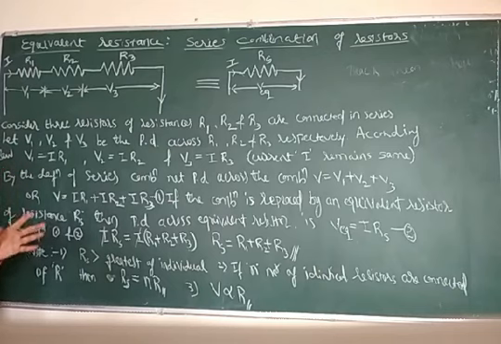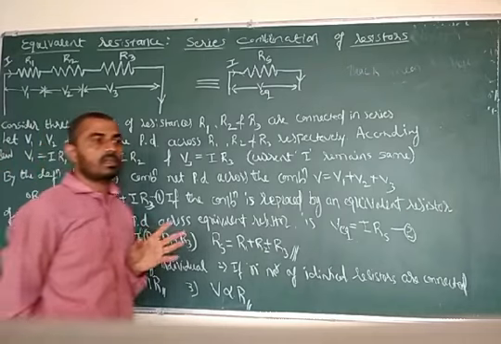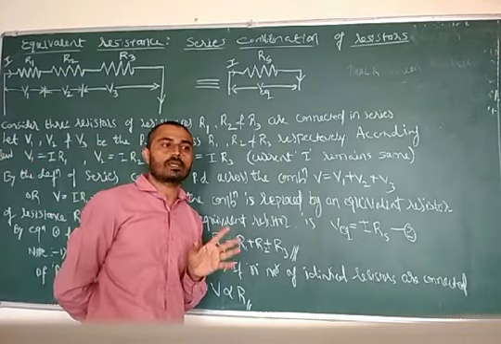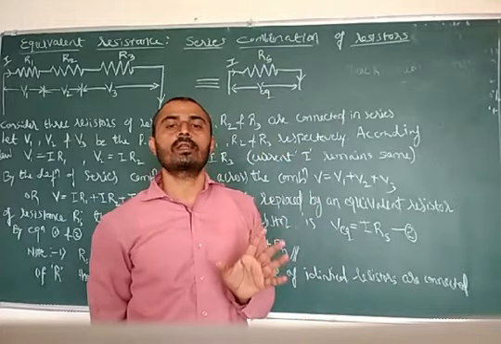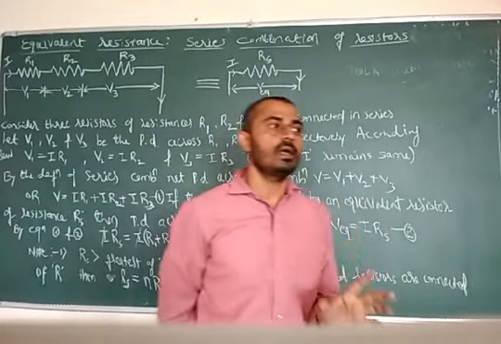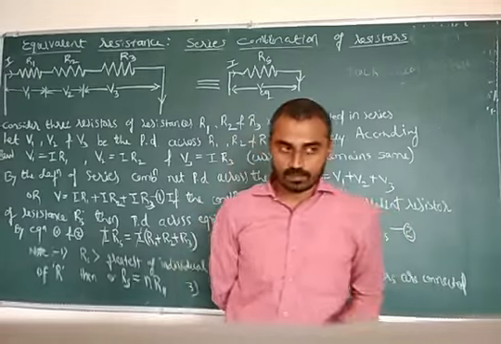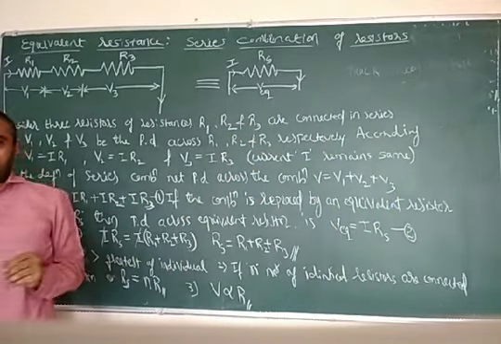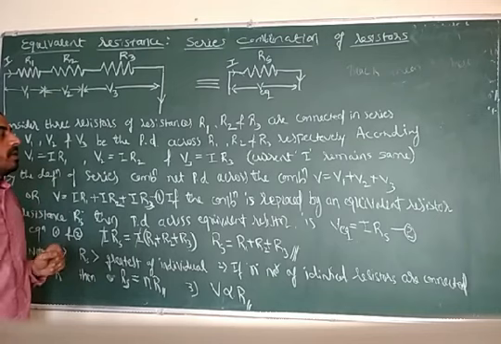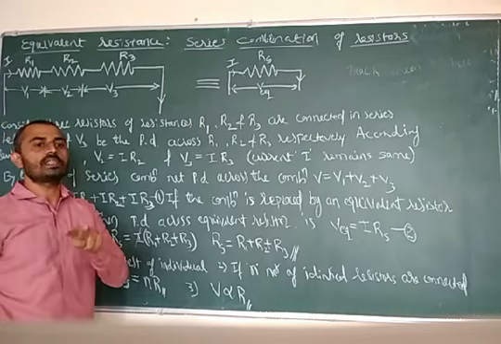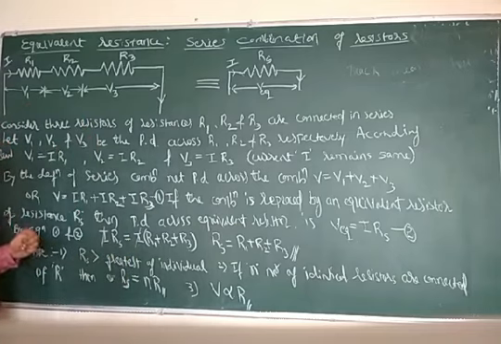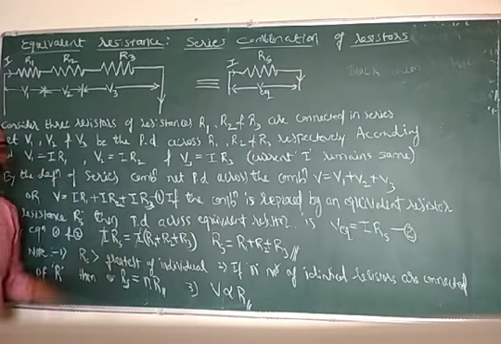Okay, now is that clear? What is the series combination? A series combination is a combination of resistors in which the resistors are connected end to end such that current through the combination remains the same and the net potential difference across the combination is equal to the sum of the individual PDs. If you are asked to write the definition of a series combination, you need to remember this definition and the two characteristics or two features of the series combination: I remains the same and net PD is equal to the sum of the individual PDs.